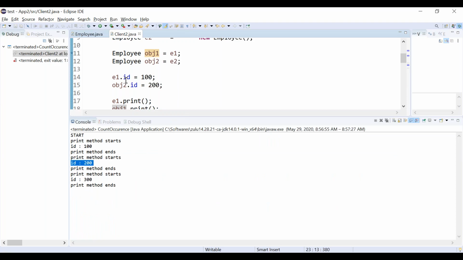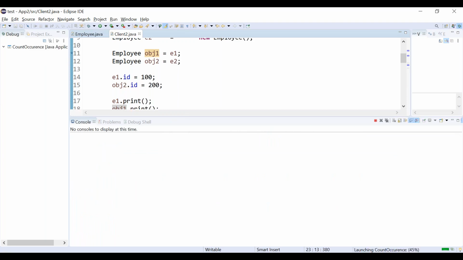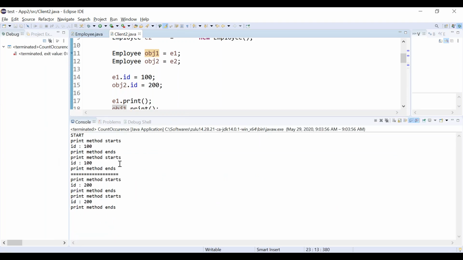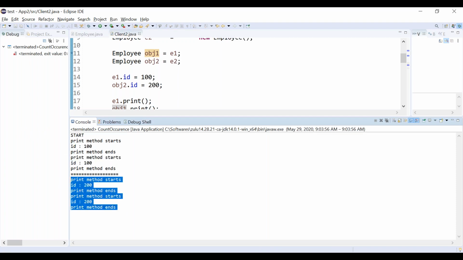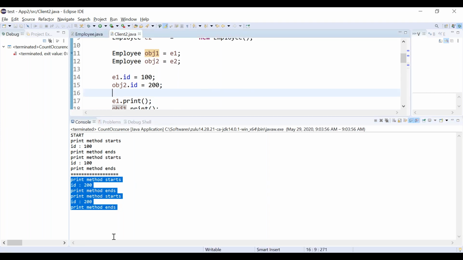You can run the output with Control F11. You'll see the first two references print 100, and the second two, the second object, will be getting 200. Fine. Let's go ahead.